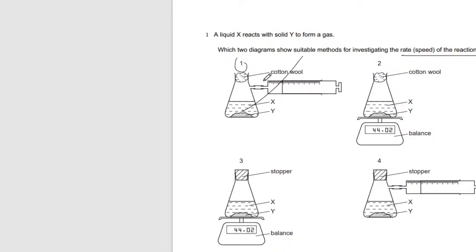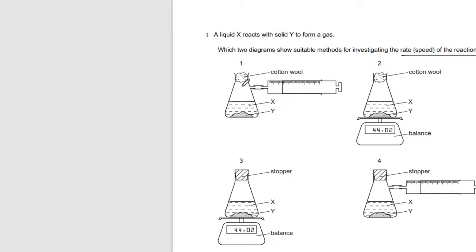Sorry, it can't be one. You know why it can't be one? It can't be one because of this cotton wool. But we need a gas syringe, so we know we need a gas syringe, so it's either this, so we need number 4. And number 3, we do not